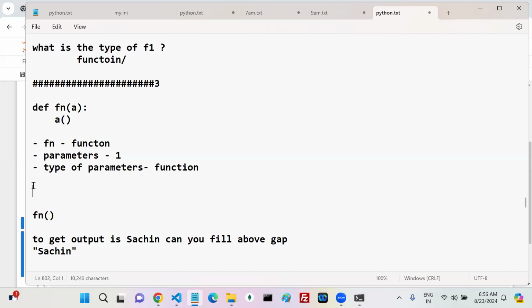If you want to pass a function, first of all, a function is required, right? You know how to create a function, right? How many functions can you create? Any number of functions you can create. So can we create one more function? What is my function? Can I create one more function?